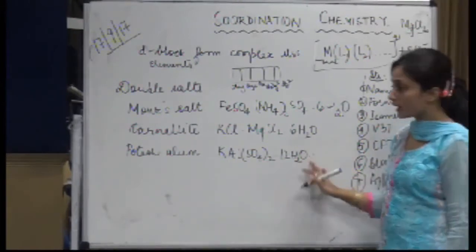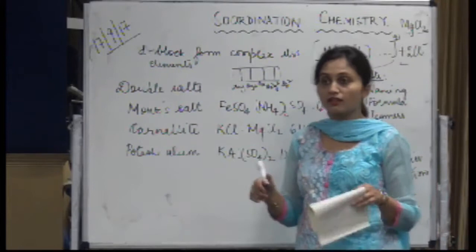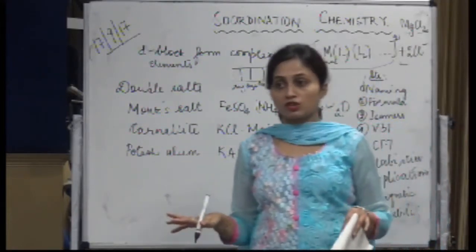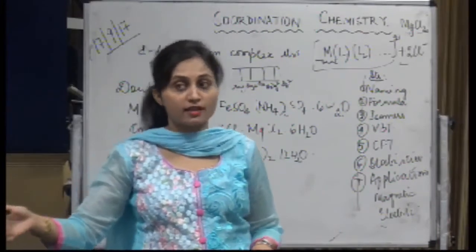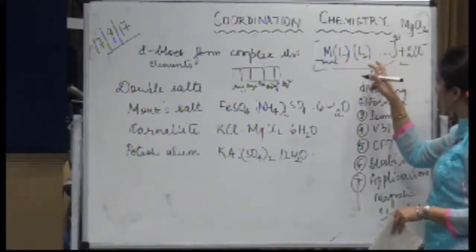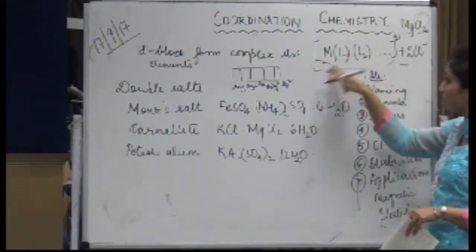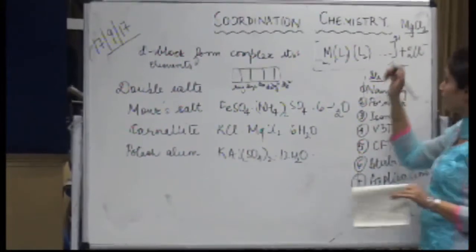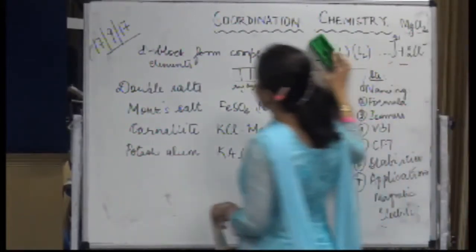Alright, so you can see that this will completely lose its identity the moment it is put in aqueous media, because it will get dissociated into its ions. Whereas for coordination compounds, the coordination sphere, whatever is within the brackets, will remain intact. Say, for example, let me just take up an example and explain. If I talk about a complex,